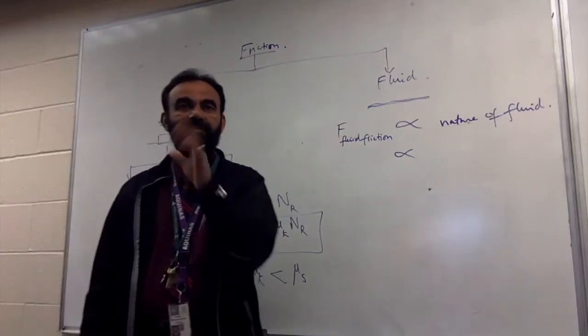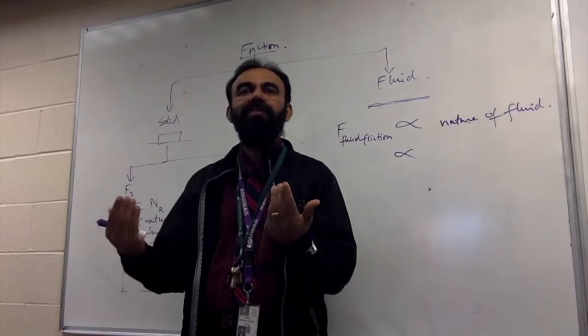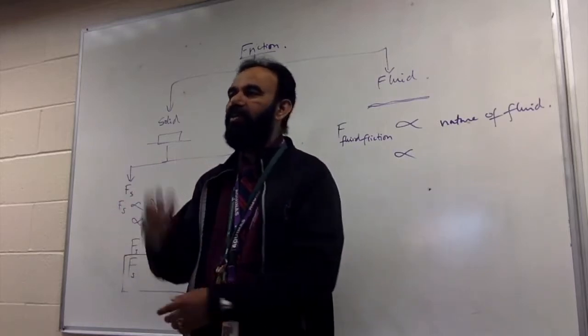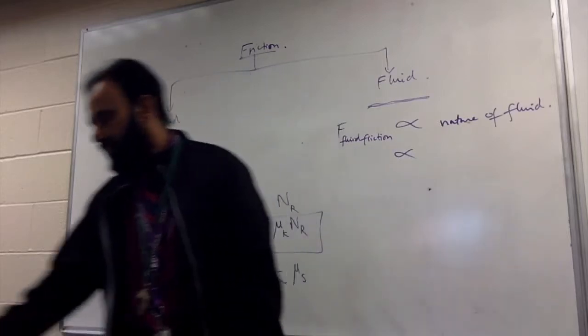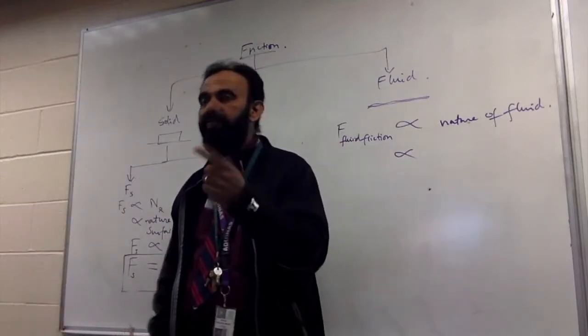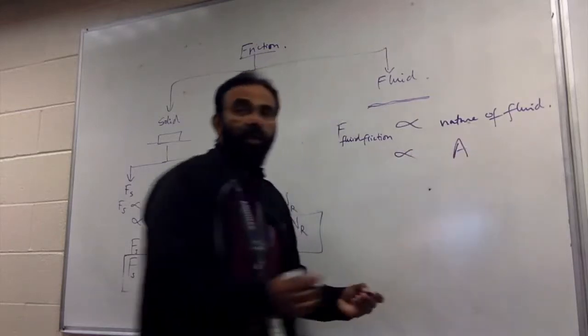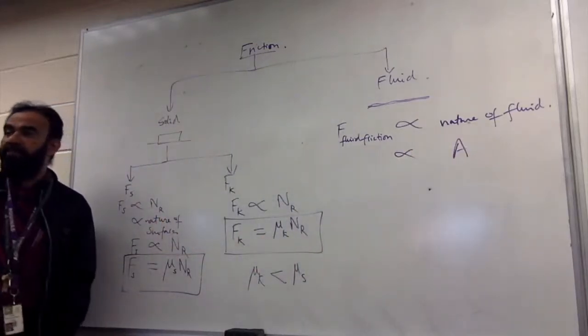Oh, that's me. Okay? Now, who will find it difficult to walk through that water? The fatter one, obviously. So what is different between them? Surface area. So fluid friction depends on surface area,